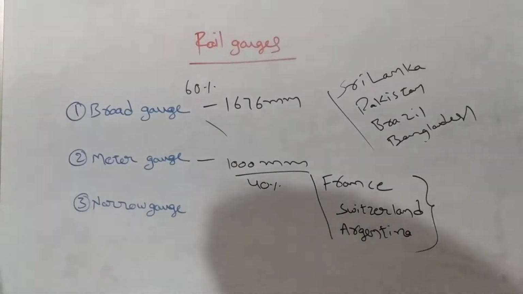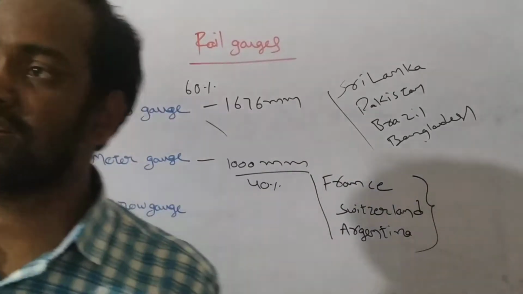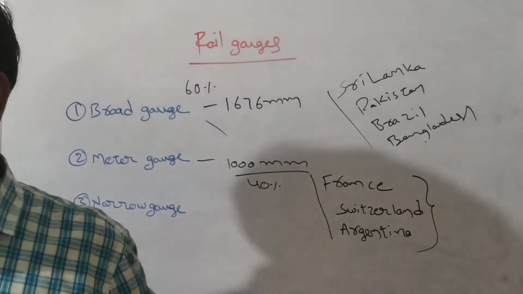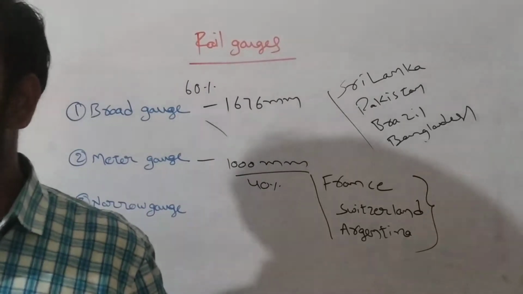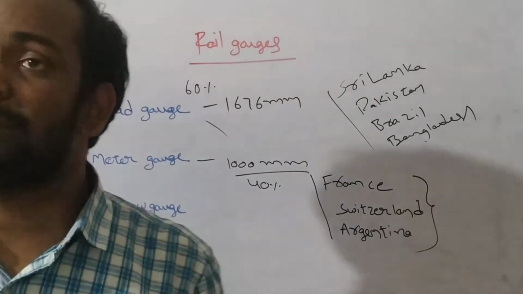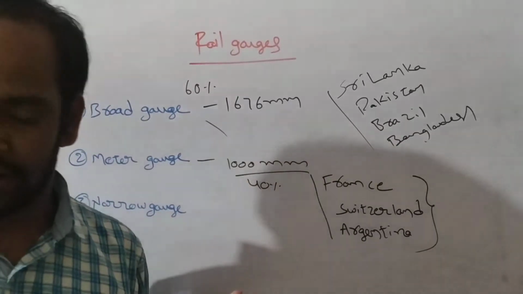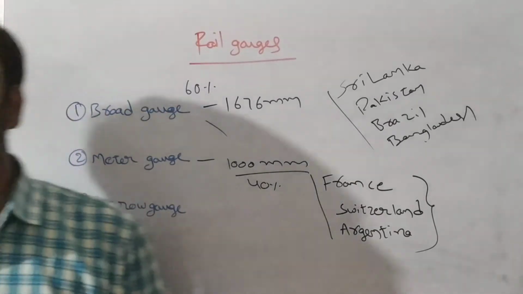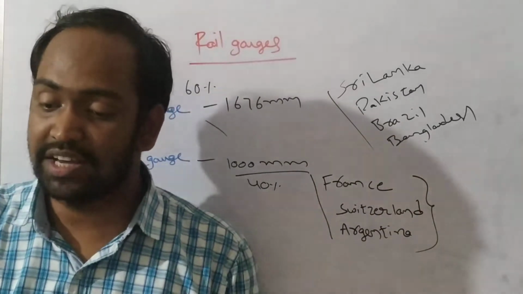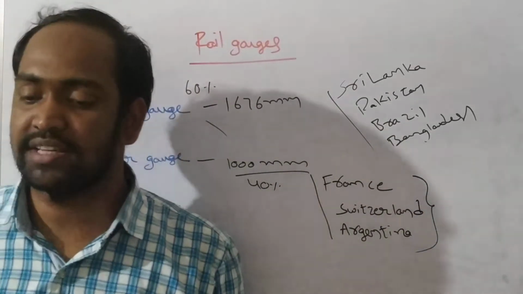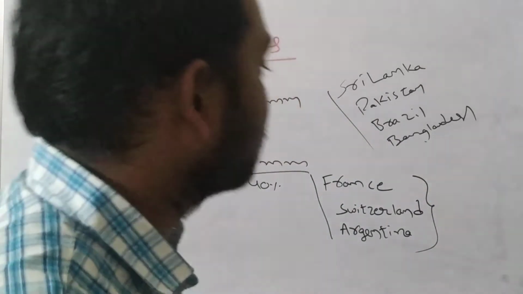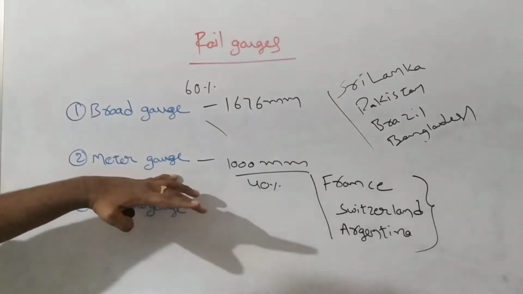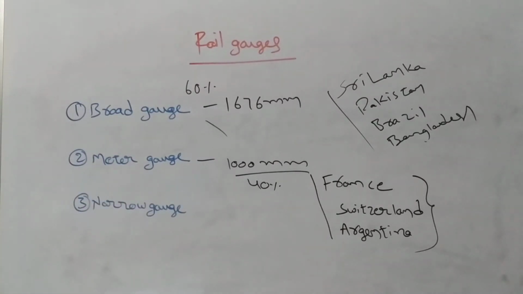The meter gauge is also suitable under certain conditions, like broad gauge. Especially, the meter gauge is suitable when the funds available for the railway project are not sufficient, and when the prospects of revenue are not very bright, and also this gauge is used for tracks in underdeveloped countries. Understand? So in those cases we can use meter gauge. And next one is the narrow gauge.